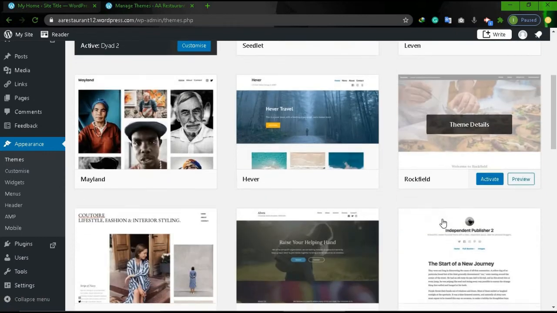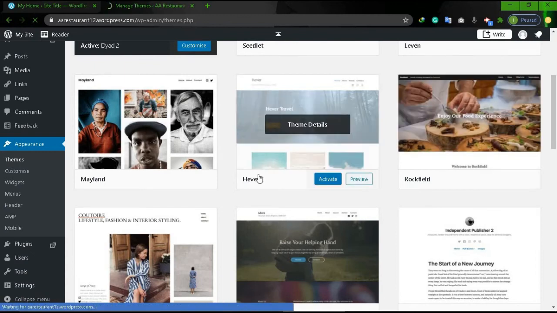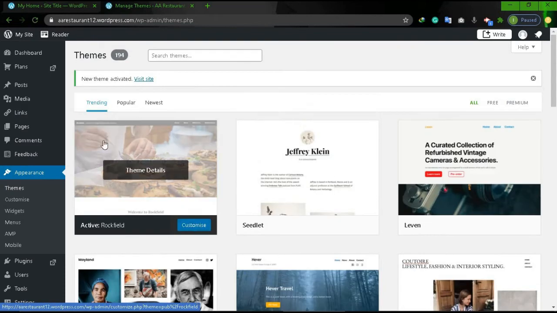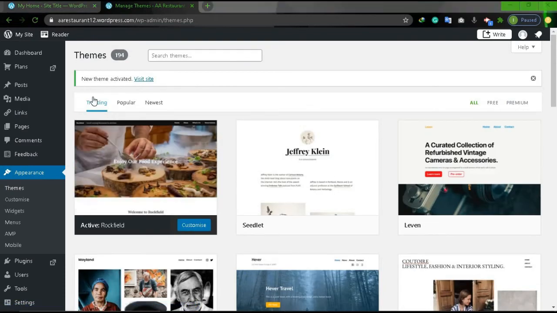I select this theme, click on Activate. You can see that the message of activation has appeared.